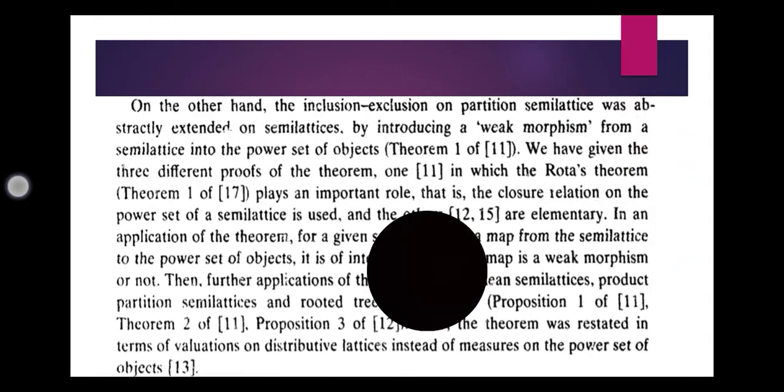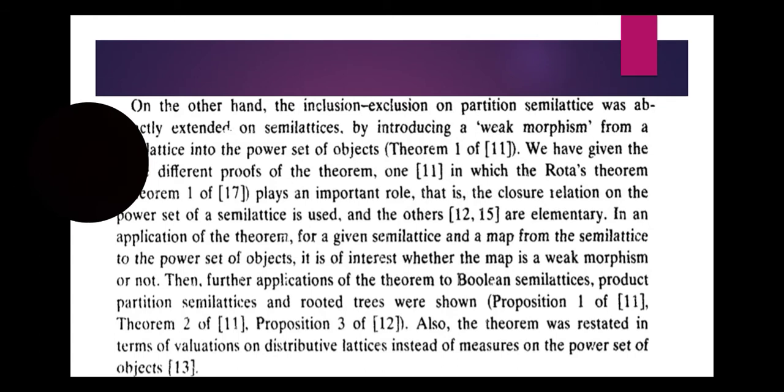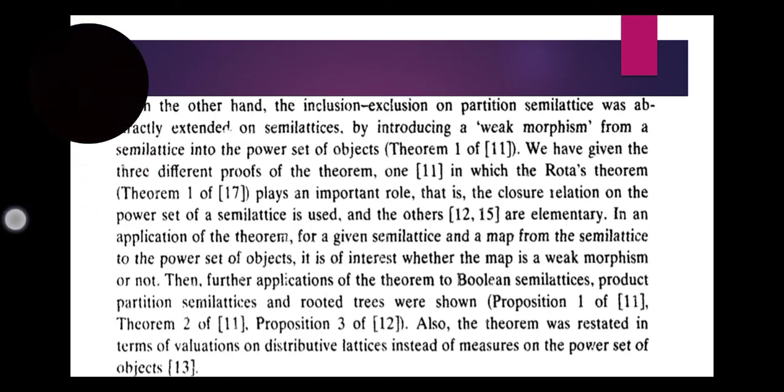On the other hand the inclusion and exclusion on partial semilattices was abstractly extended on similarities by introducing a weak morphism from a similarities into the power set of object. We have given the three different proofs of the theorem 1 in 11, in which the Rhodes theorem, theorem 1 of 17, plays an important role,